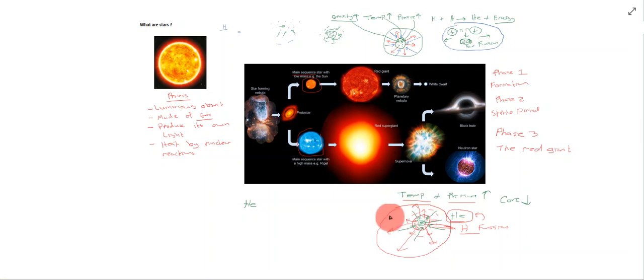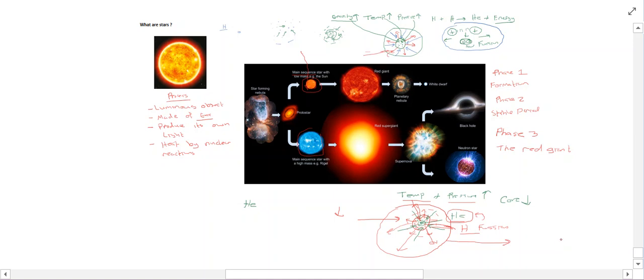And what you'll actually get is, if you were to take, for example, the temperature within the core, the temperature in the core is going to be much higher than the temperature, let's say, within the core of this star. But if you were to take the temperature out along the surface, it's going to be a little bit cooler than the temperature around the surface of this star. So essentially what you get is this stable kind of configuration where you have,